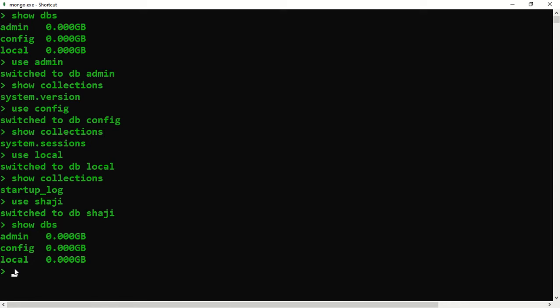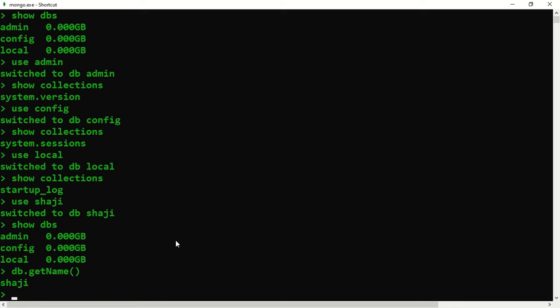But if I say db.getName(), this function with brackets means get the database name. It just shows you Shaji. That means you are in the Shaji database.